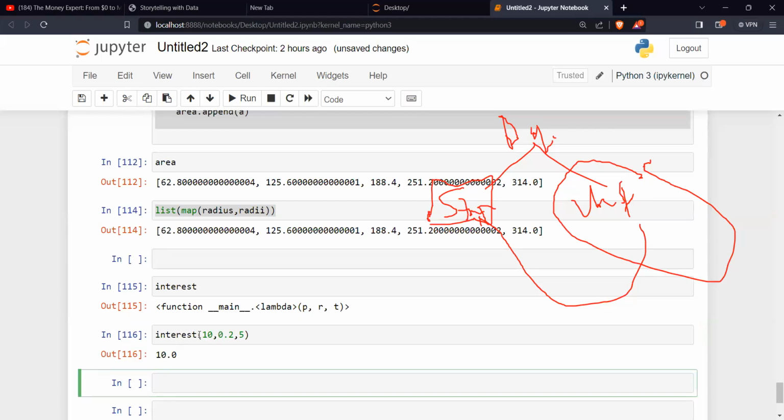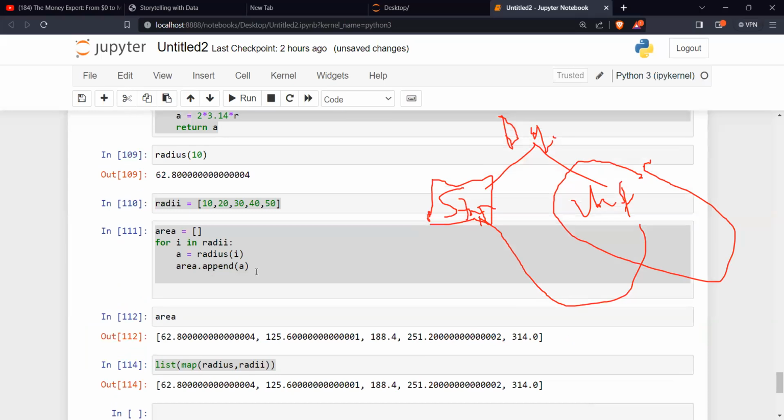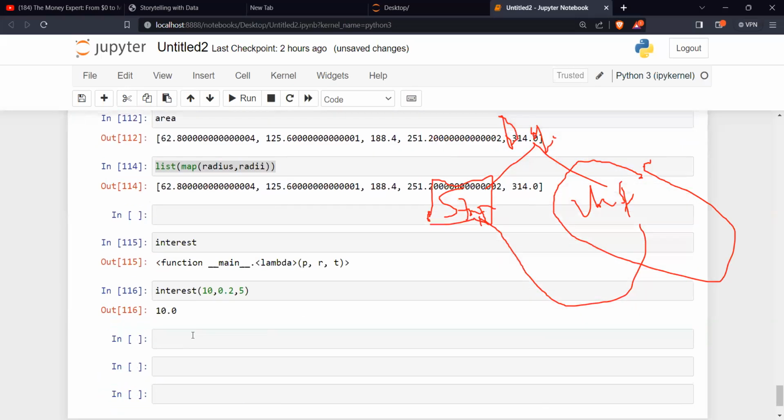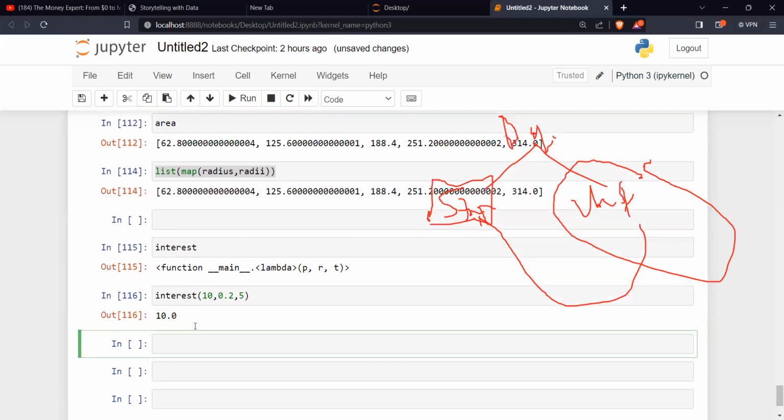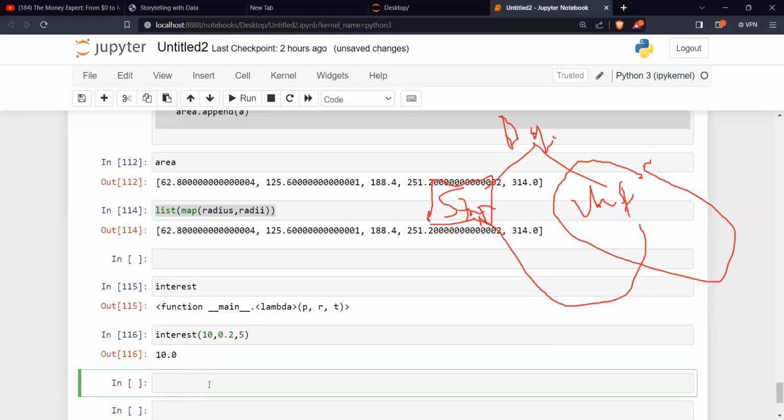Now let's write another function. In that case, we want to see what if the interest rates are 10%, 15%, 20%, 30%.